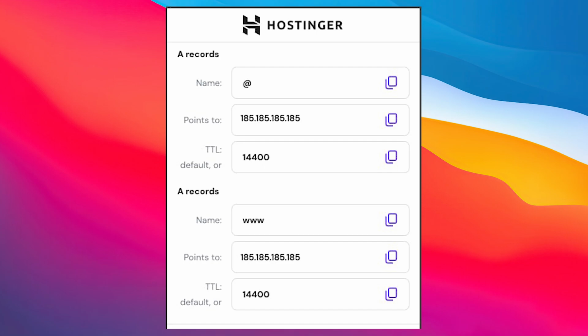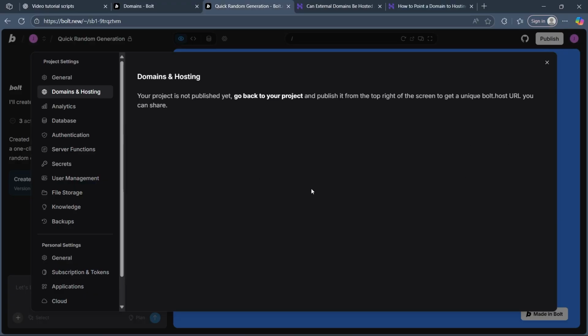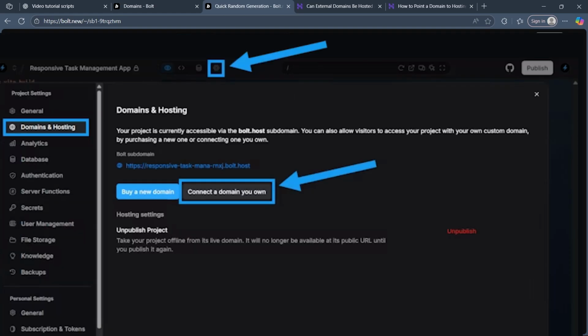Now, go back to Bolt.new site, navigate to settings, navigate to domains and reach this page that we accessed earlier and simply click verify. So DNS updates can take up to 10 to 30 minutes, so don't worry if it's